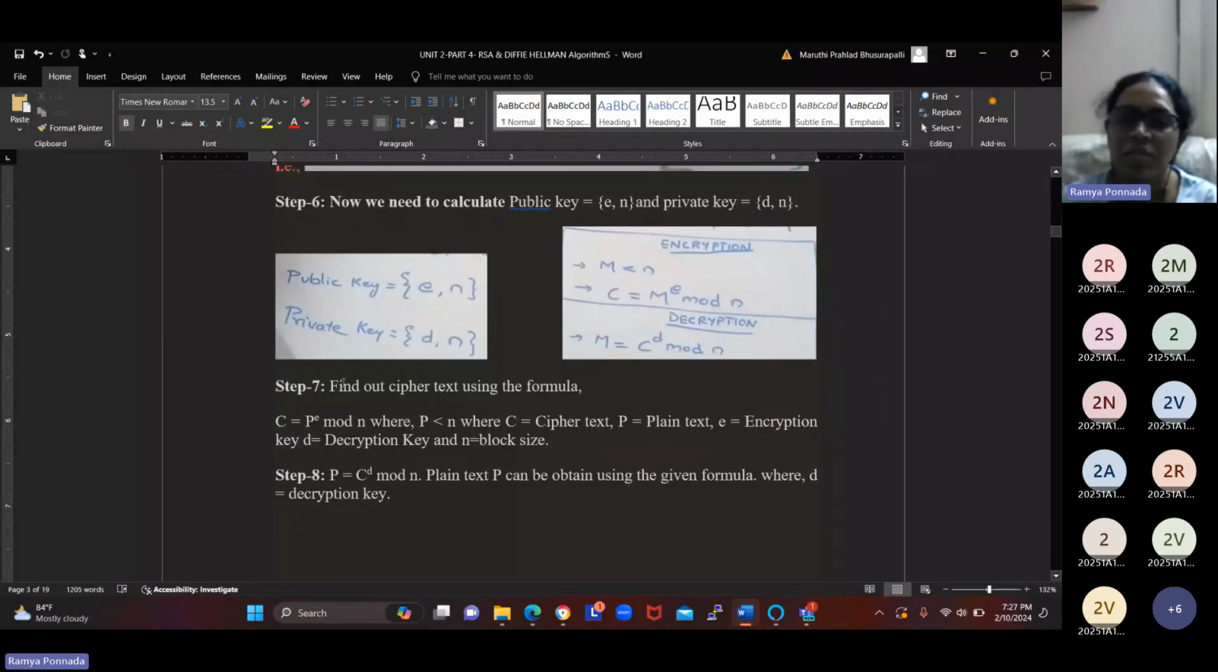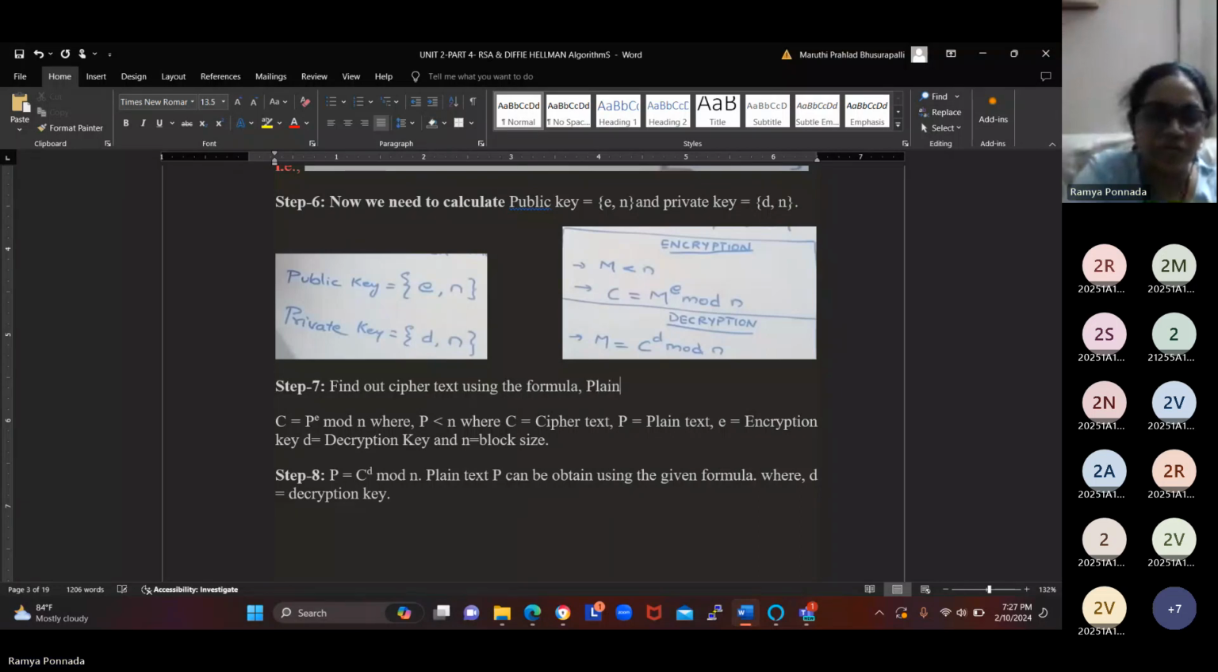Step number 7 is going to be the cipher text, so you need to find that out. The same here, P is going to be P or M you can say. Okay, plain text is equal to